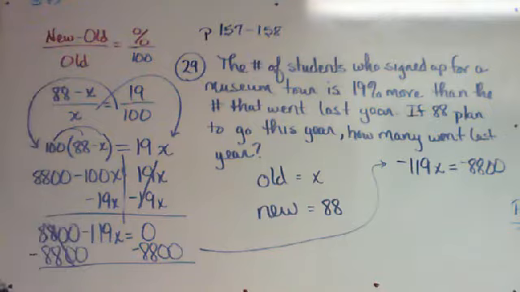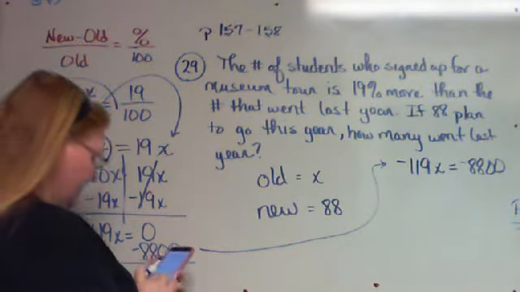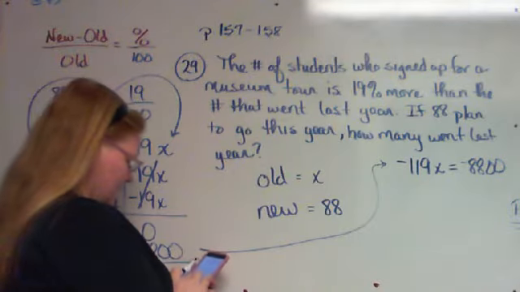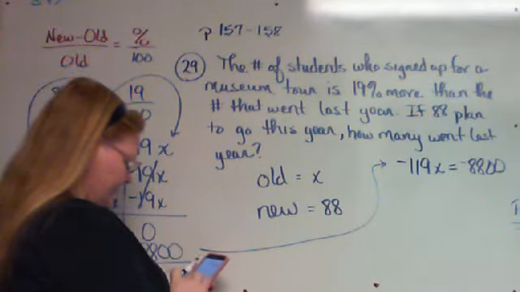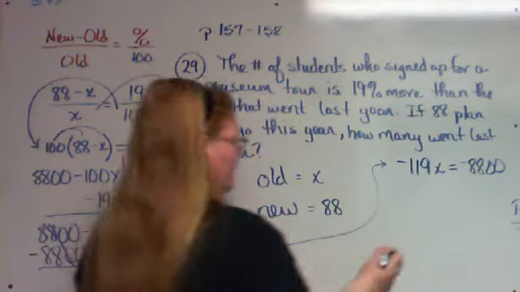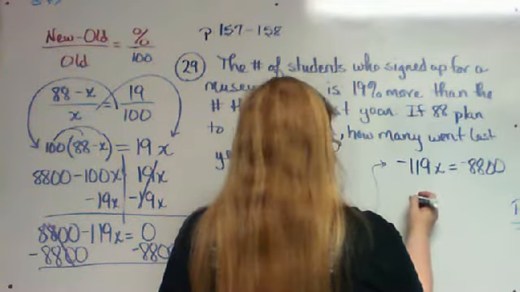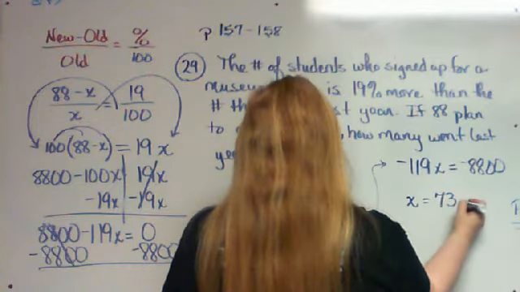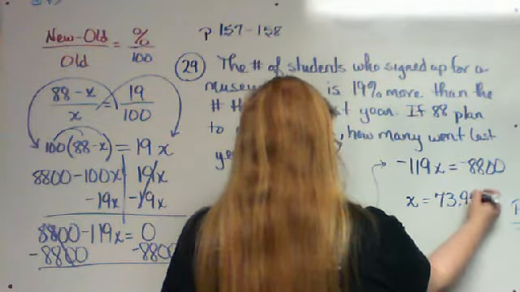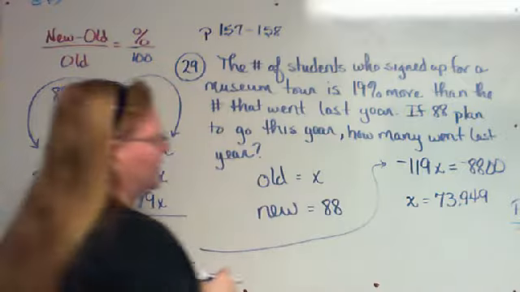Now I need to divide both sides by 119. So we get x is equal to